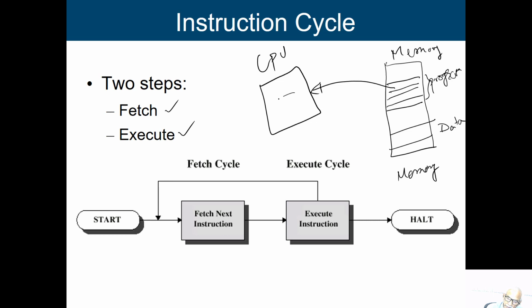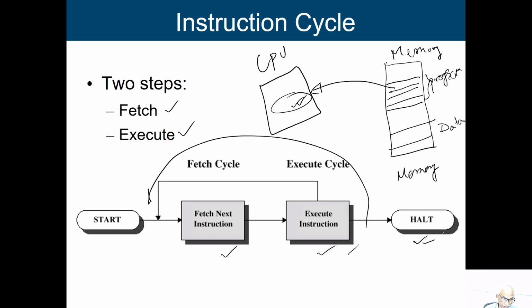When we get this information over here, then the processor is to perform this particular task depending on the instruction that we fetch, and while performing this operation, we say this is the execute phase. So, a program is a sequence of instructions. So, we are fetching it, executing it, then again we go back, fetch and execute till the last instruction, and if the last instruction is a stop or halt instruction, the processor is going to halt at that particular point. So, this is the way we can visualize it.